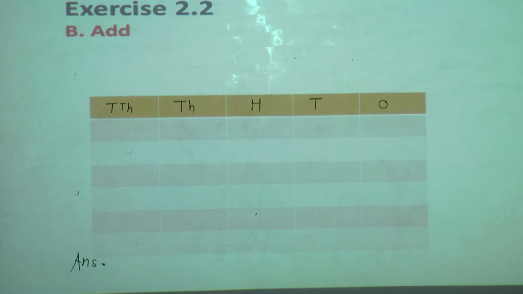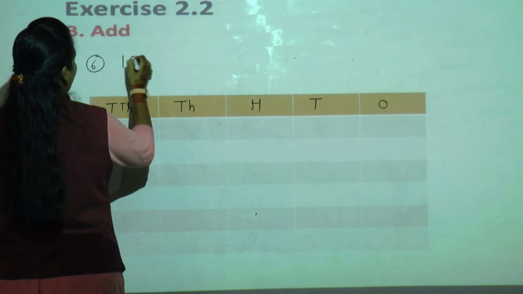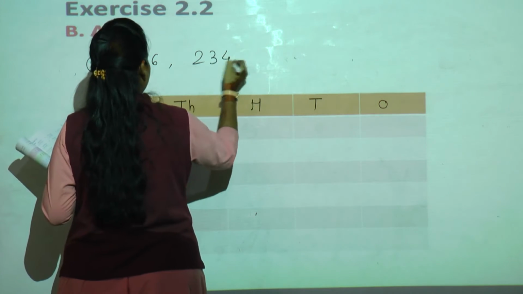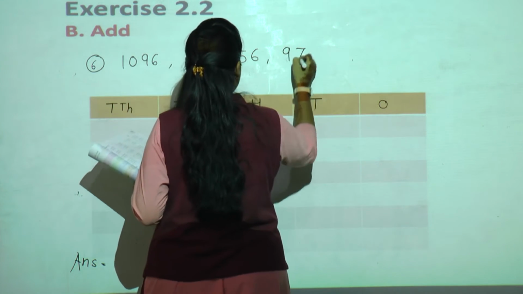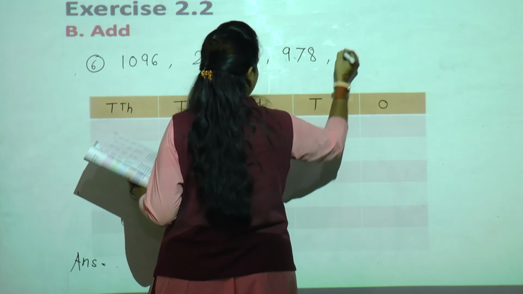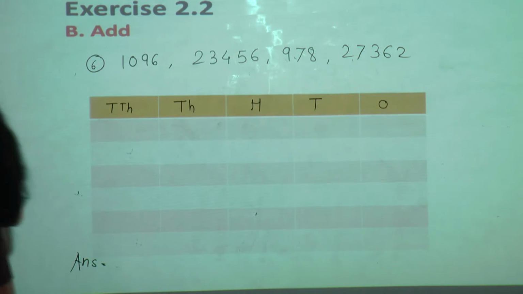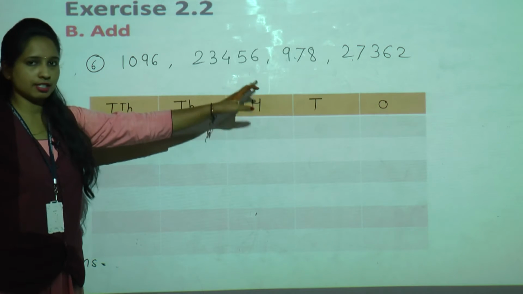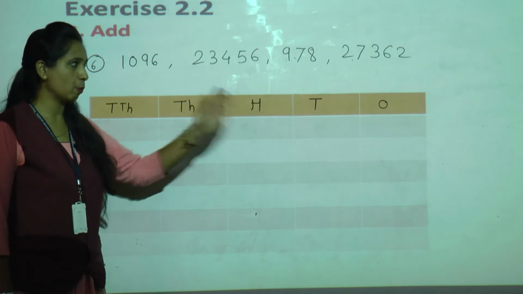Now I will solve sixth one question for you. What is the sixth one? Everyone, if you have pencil with you, just tick mark the sixth one. 1096, 23,456, and the next is 978. The next is 27,362. Okay. Now see, again 5-digit number is there, so just make a place value chart of 5-digit, ones, tens,